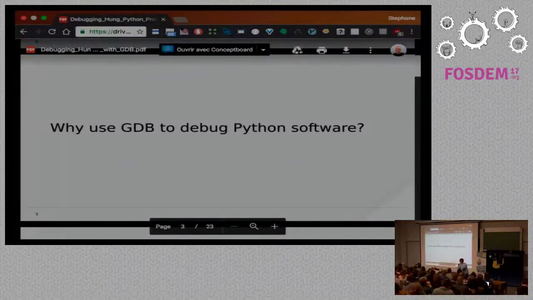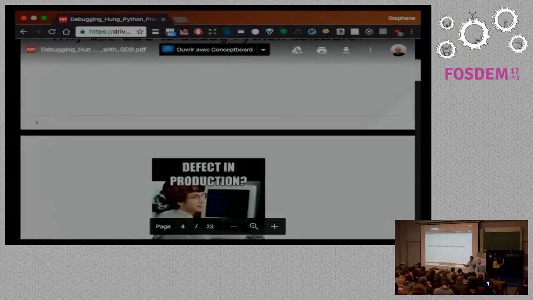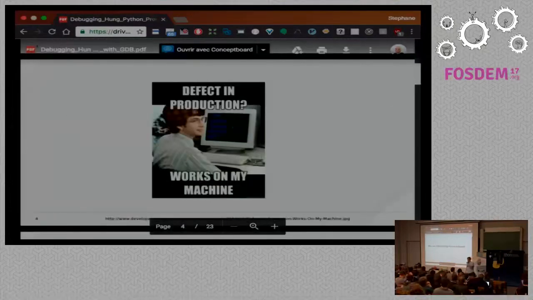But enough about me. So why would you use GDB to debug Python software? Many of the preferred tools, of course, are PDB or RPDB. Those are great tools. You should definitely be using them. So why would you ever need GDB? Well,